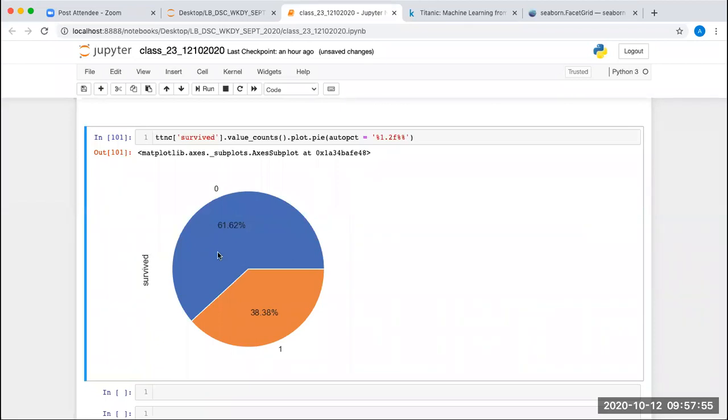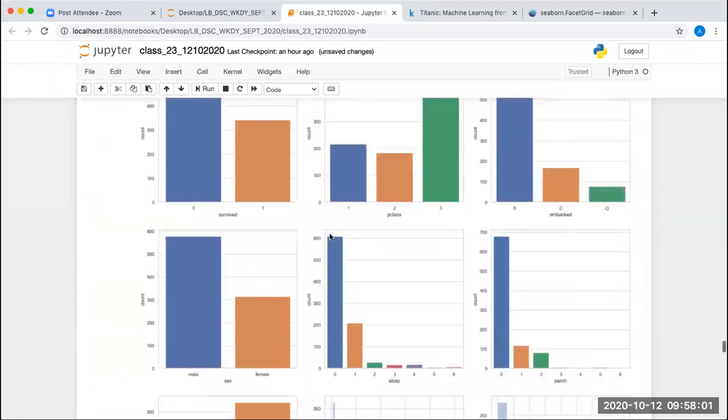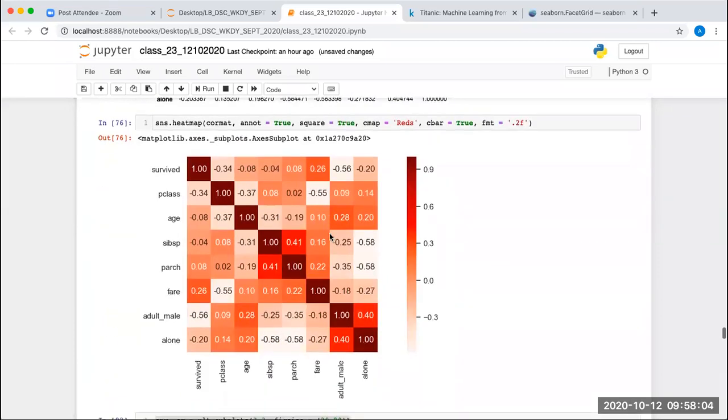Can you go back to the heat map that you have created and let us see which column was mostly correlated to survival? I think that is Fare, 0.26. Yes, Fare was correct.